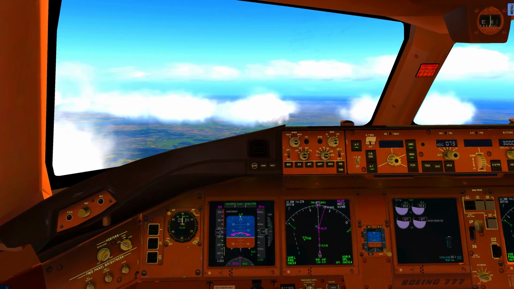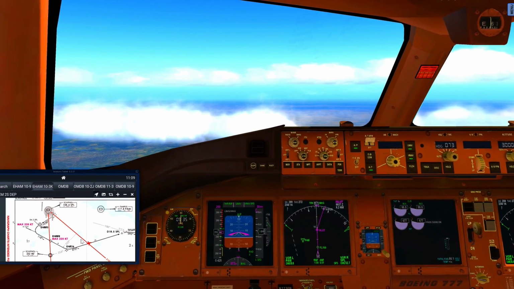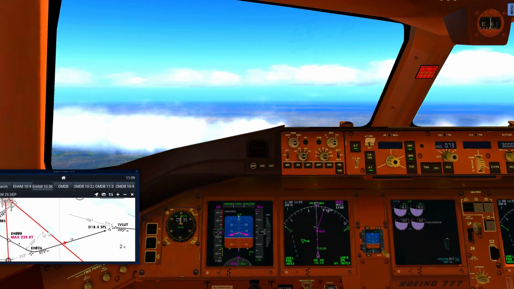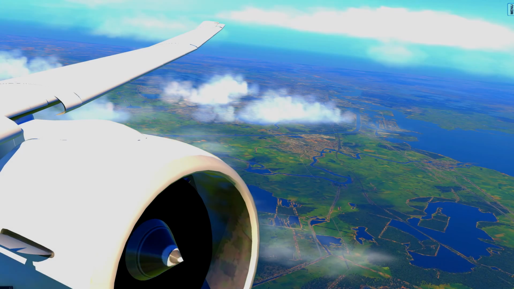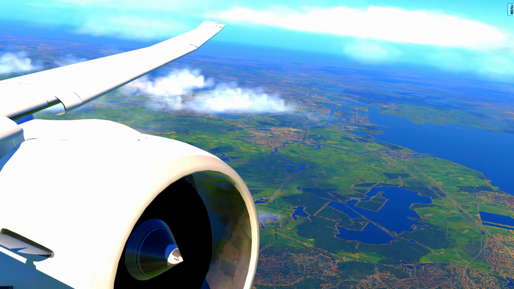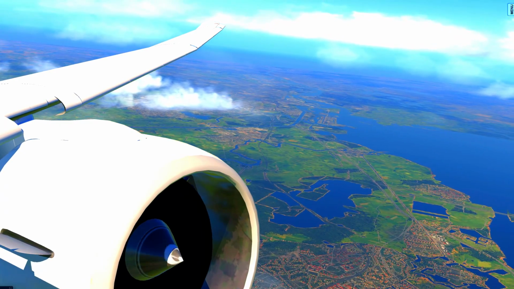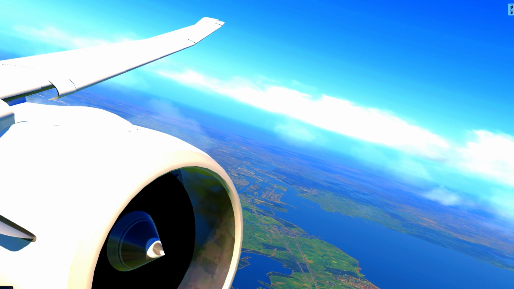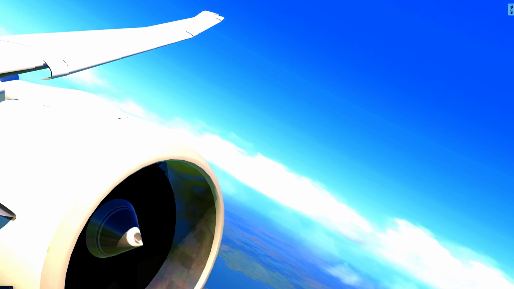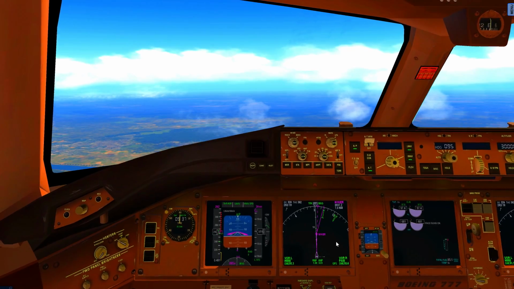Okay, so not too far now from Mullet, as we get ready to now make that right hand turn, which is then going to bring us down to Ivlut, and we'll then swing a right hand turn onto the 095. Head now to the 095 as we now pass 10,000 feet, go to flaps up now,